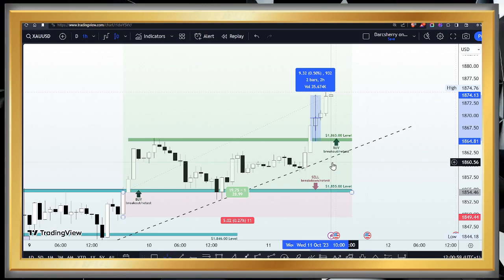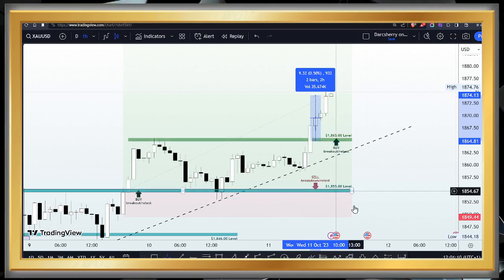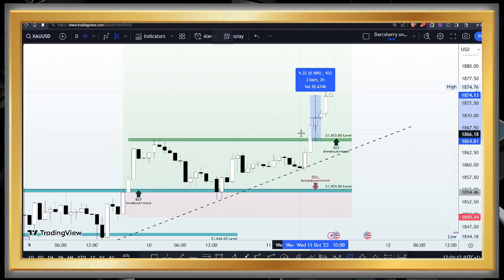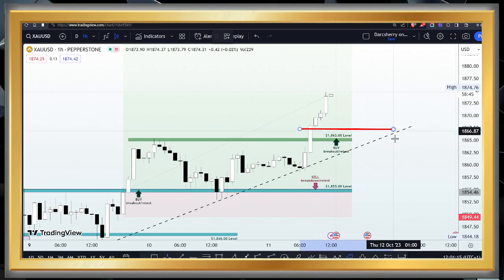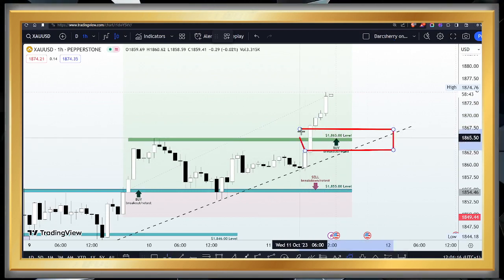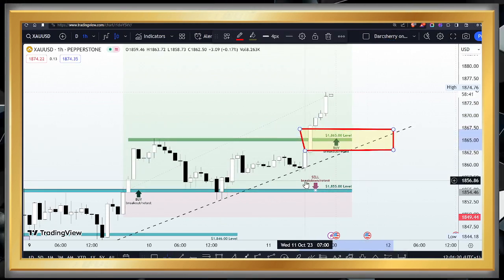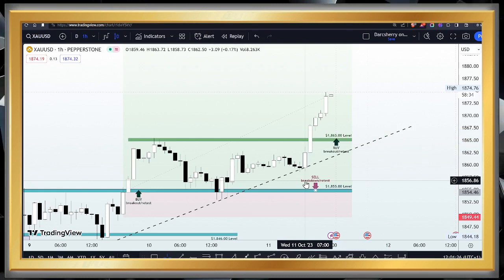Now, the next thing we are going to be doing right now is to ensure that we secure the current buy position by moving our stop losses accordingly. And to move our stop losses right here, I will be suggesting that anywhere around that first entry point seems most appropriate to move the stop loss, while we ensure that we give enough room for price action to breathe. Now, with a well-secured position here, I'm still of the opinion that price will continue to the upside.